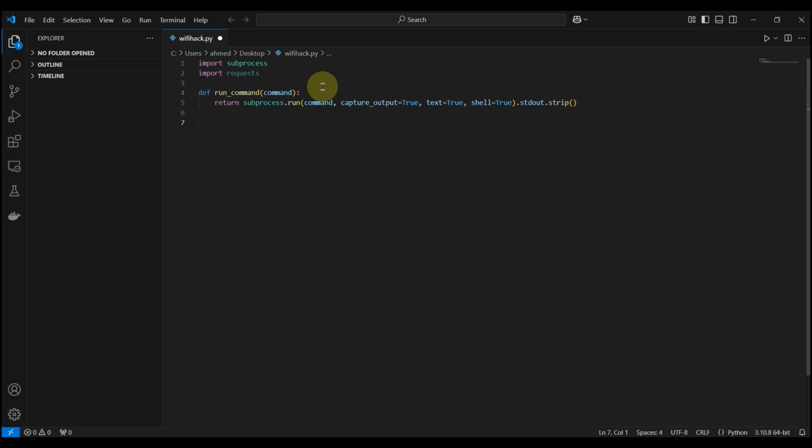So over here, what's happening is the subprocess.run function runs the command, as you can see. Then capture_output captures the output so we can process it. text=True ensures the output is in string format and not in bytes. shell=True allows us to run commands directly through the shell, which is necessary for Windows utilities like the netsh command. .stdout.strip cleans up the output by removing any extra spaces or newline